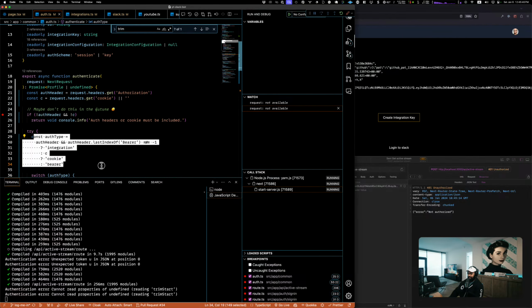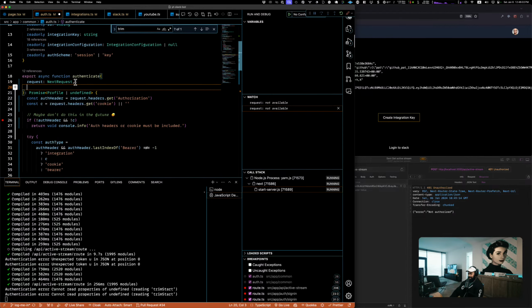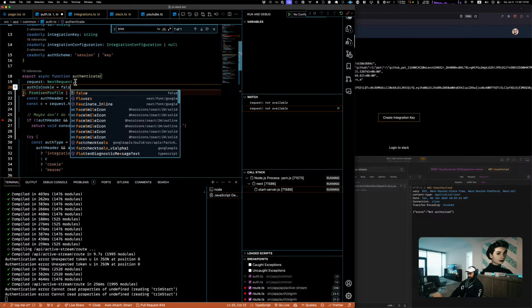The only thing that I can be certain of is that if it's bearer, it's going to have the word bearer. Cookie and integration, I won't get that information. However, I could either create a new function or just extend this one. I'm going to do that. We're going to say auth is cookie. So we're going to make this a Boolean, and initially it's going to be false.